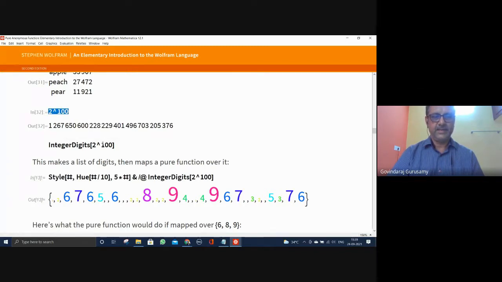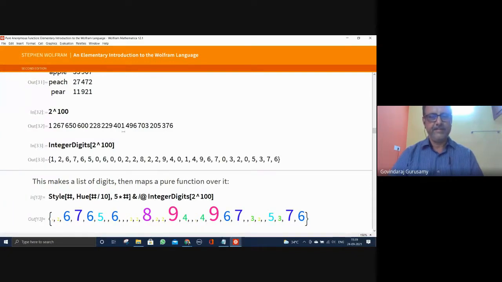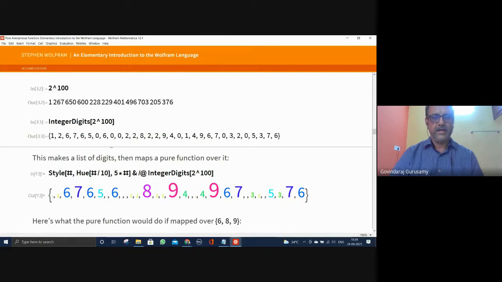So this becomes integer digits by separating every one of them: 1, 2, 6, 7. This is what the integer digits of 2 power 100 are. On that, an operation is done. Okay, style. So this is the style that's being followed here.